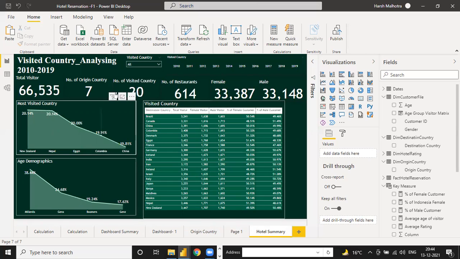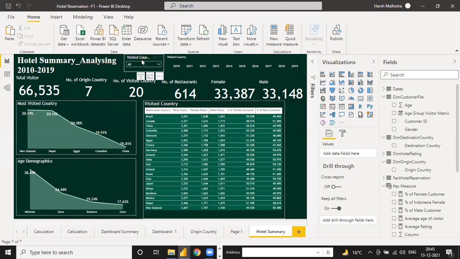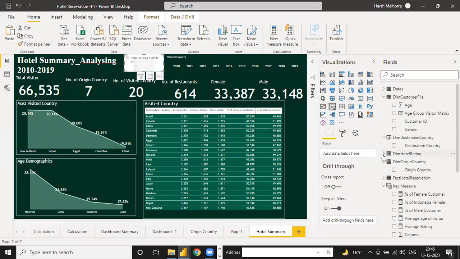So for this hotel summary, you have to change the heading to Hotel summary analyzer. Visited country on the basis of, so you can change this. Instead of visited country, you can go to your hotel rating, you can select hotel name.